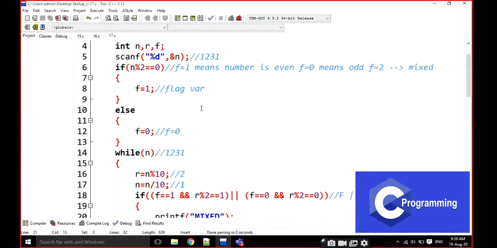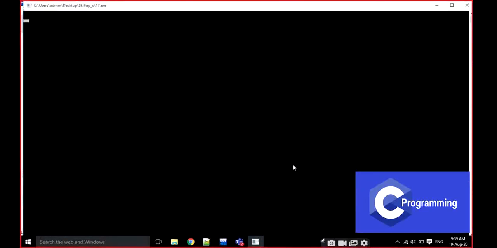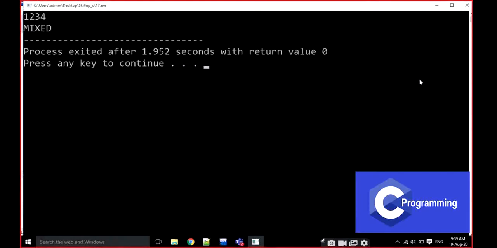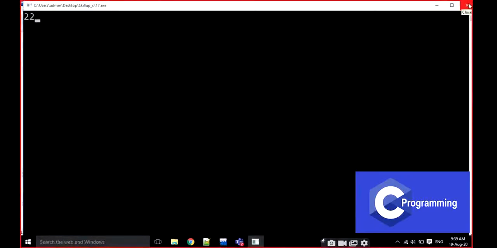Try to write it in another way without the f value. Anything. Just write it in another way also. Okay. Without r also we can do it. How is it? Without r also. I'm going to write here n. Here n also. I'm going to check it. It is going to be a mixed one. And 2, 2, 4, 6.